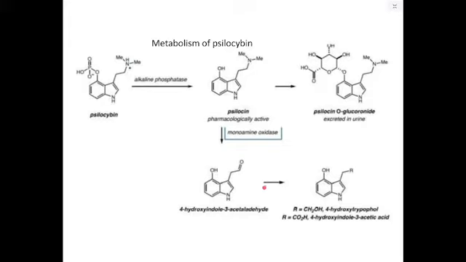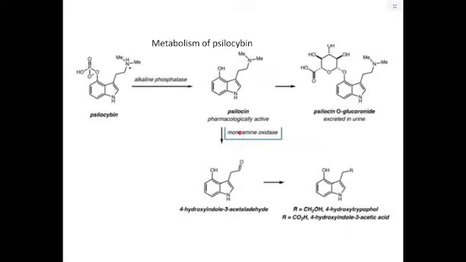Metabolism of psilocybin. There we have your psilocybin in the body, and you can have the enzyme alkaline phosphatase. So the alkaline phosphatase will hydrolyze the phosphate ester bond, and in hydrolyzing that bond, of course, it gives us a hydroxyl group there, and that gives us psilocin, and that is pharmacologically active. And of course, that compound now can undergo